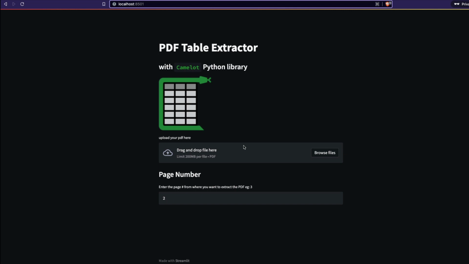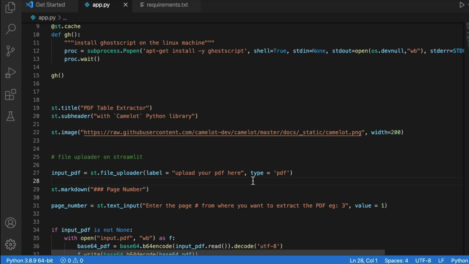This is an easy validation that Streamlit lets us do, so we don't have to do that validation ourselves. You don't have to manually check whether somebody is uploading an image, an Excel file, or a docx. You don't have to bother about it. Streamlit handles it for you.